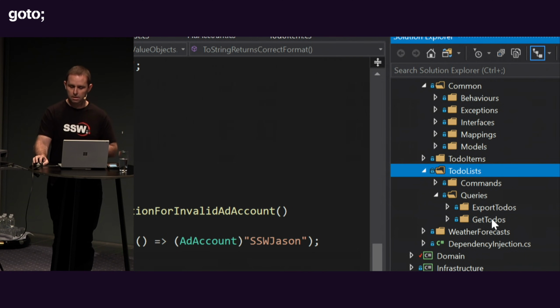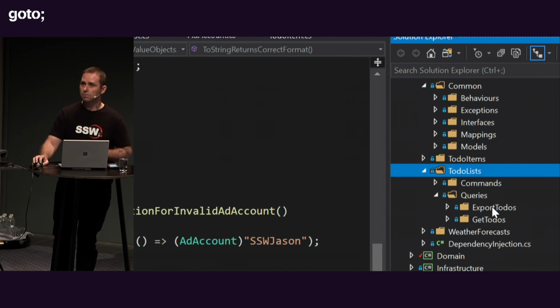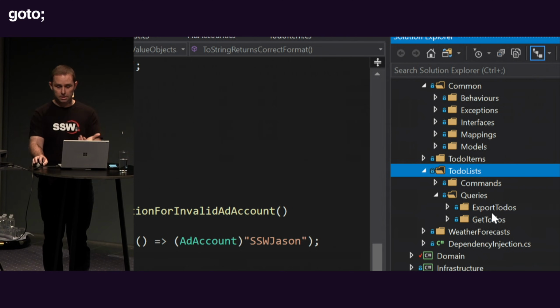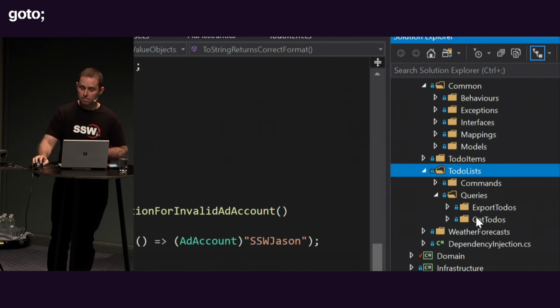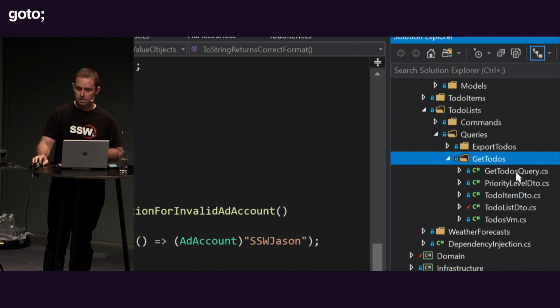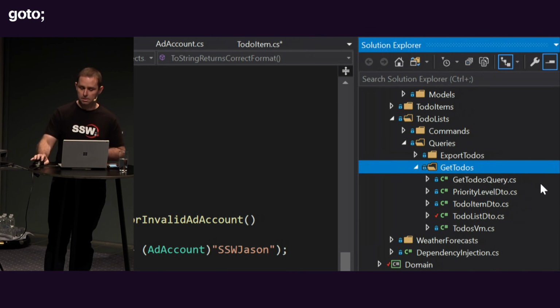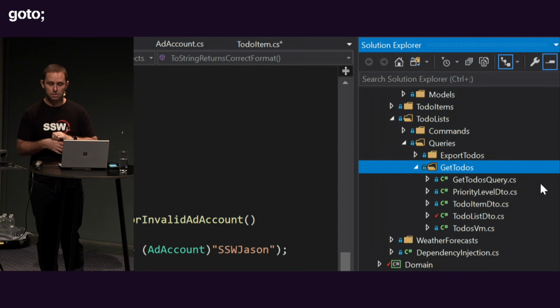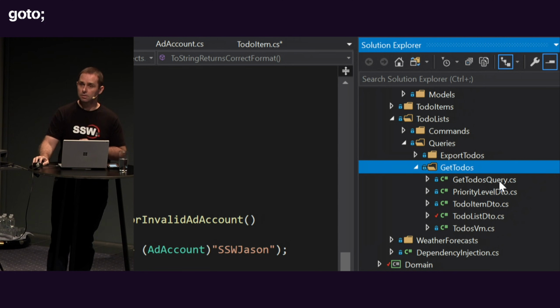So I've got a query here. I've got an export to-dos query, which will export the to-do list as a CSV. I've got a get to-dos query. Let's have a look at this one. This one's kind of nice because it's made up of DTOs and view models. So you can see here, I have a get to-dos query,